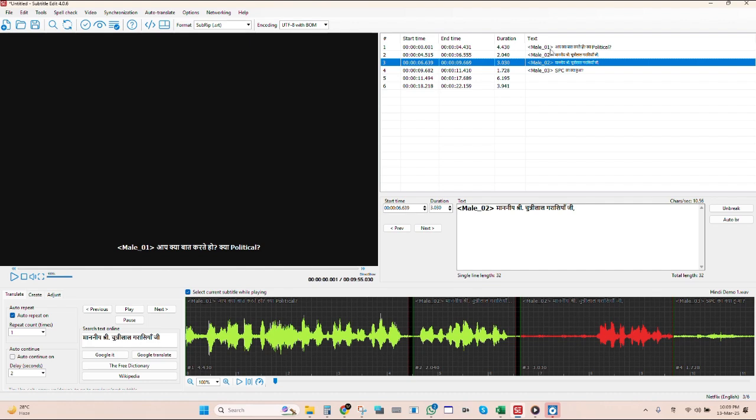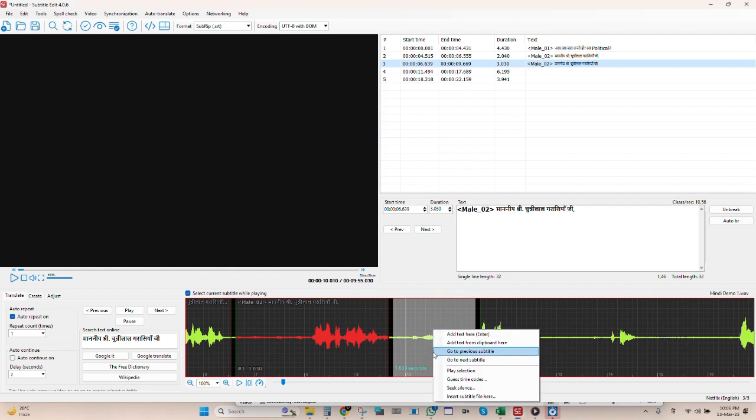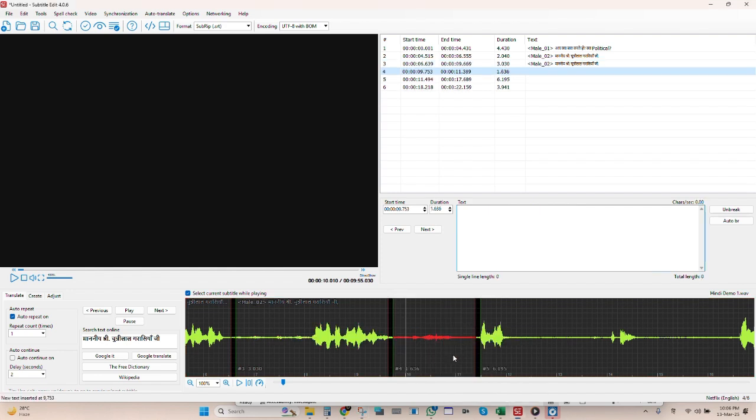As you can see, I have taken each and every speaker in a new segment. I have selected that portion, created the segment, adjusted the segment boundaries by dragging left or right, and then I started to annotate that. That male underscore 3 says